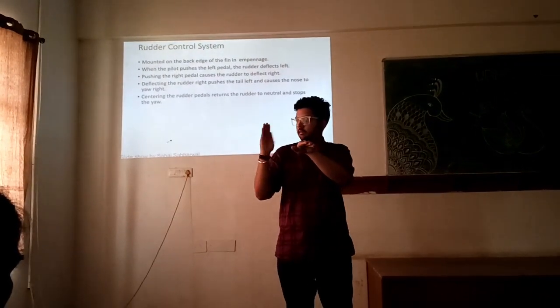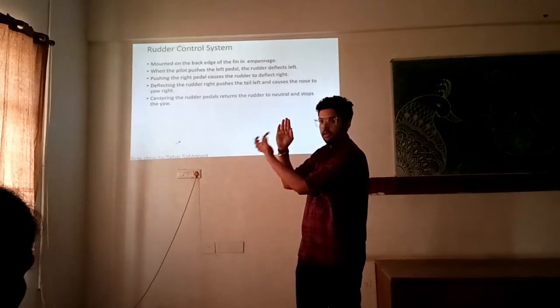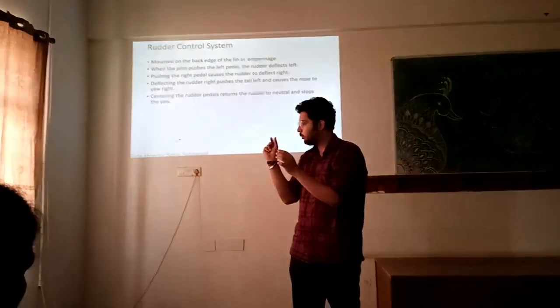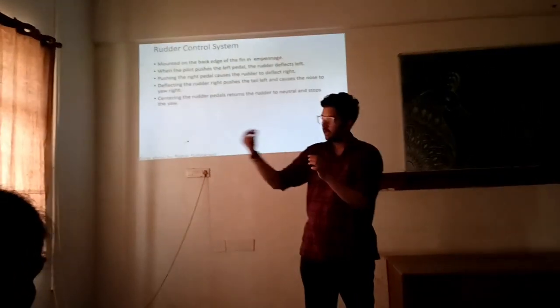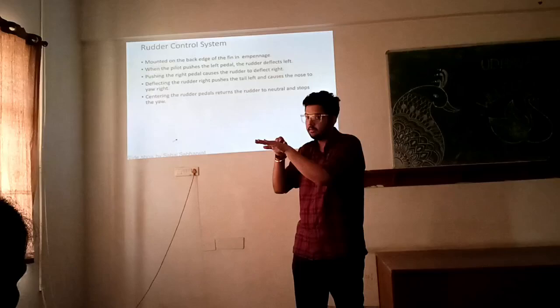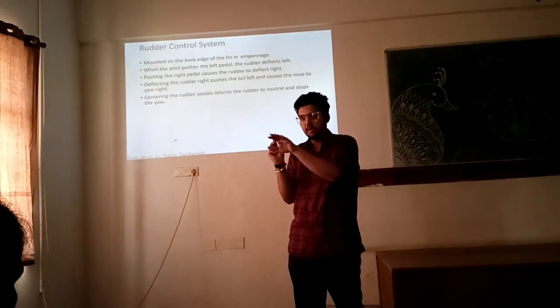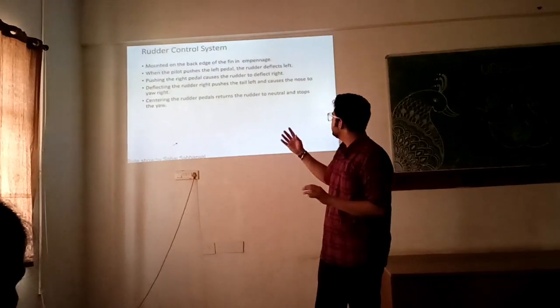And if it is like this, it will move like this, and the air will come like this. It moves right or left. If it's right, the air will come from the right side, and it will make the aircraft yaw to the right side. Right means right, and left means left. You can remember it like this, but it's conceptual. Next please.